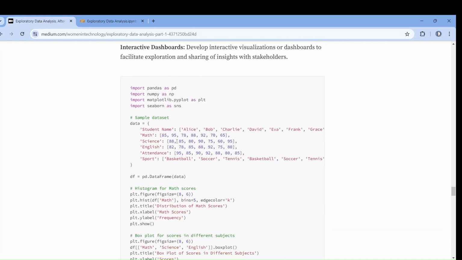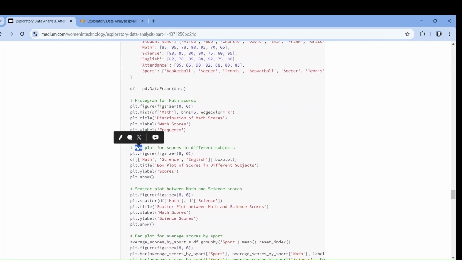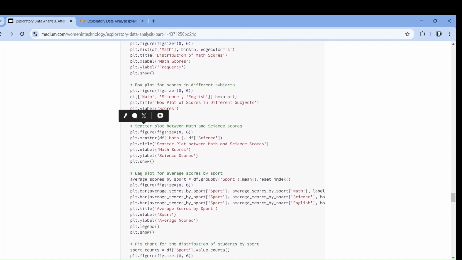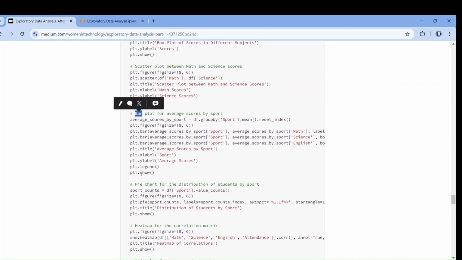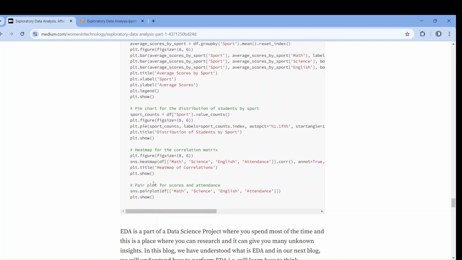See here, one data set is taken. And here first a histogram for math scores, then a box plot. You can find outliers. You can understand what is the five-number summary. Then scatter plot. You can understand the relationship. Then bar plot, you can find the frequency. Pie chart, you can find the percentages. Heat map, you can find the correlationship of different variables. And pair plot, in a single plot, you can see so many charts together